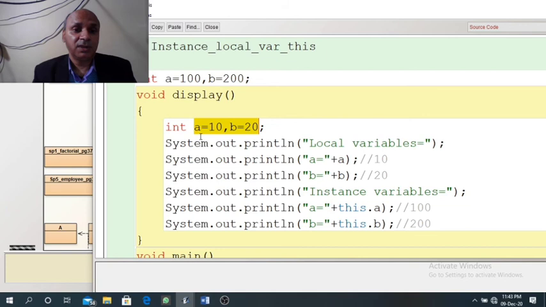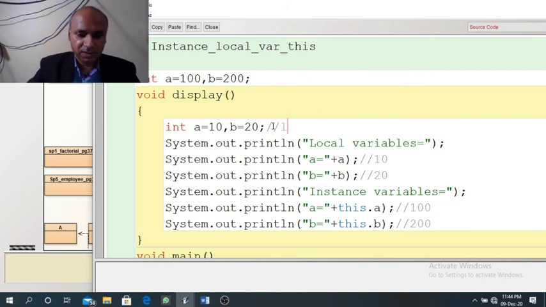Now see the difference between these A and B and those A and B. The variables which are declared outside a method and inside a class are known as instance variables. But the variables which are declared inside a method block are known as local variables. So here it is a local variable, and these two variables are instance variables.